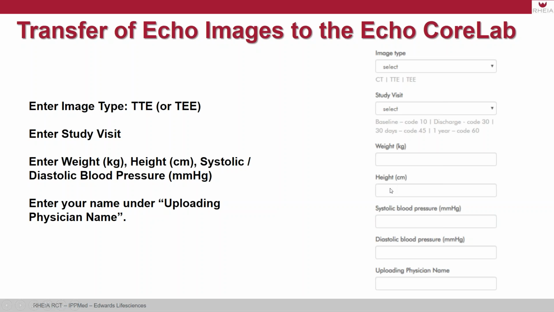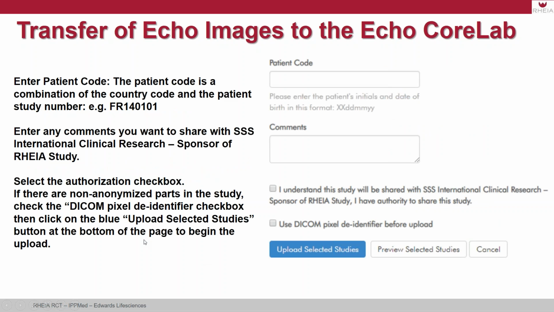Then you enter the weight in kilos and the height of the patient in centimeters, because we use this to calculate BSA and index some parameters such as left atrial volume. Systolic and diastolic blood pressure at the time of echo would be really useful. I know that most labs measure the blood pressure at the time of echo, so if you have those values, please enter them. Then you have the name of the uploading physician. And this is just here